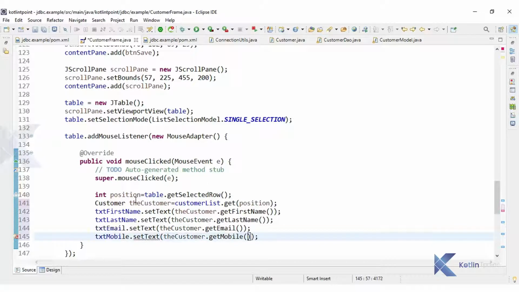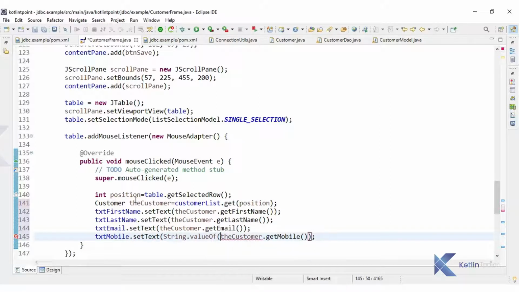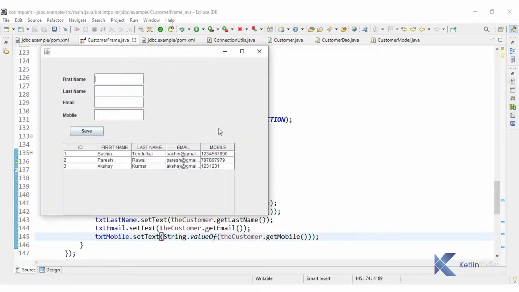Mobile will be a long type of data, so it is better to convert into string with the String dot valueOf method, right? So with this, let's run and check whether we can see the data with our text field or not. So I just run, and if I click on Sachin, we are getting data with our text field. If I click Paresh, if I click Akshay, okay, so our code is working well.